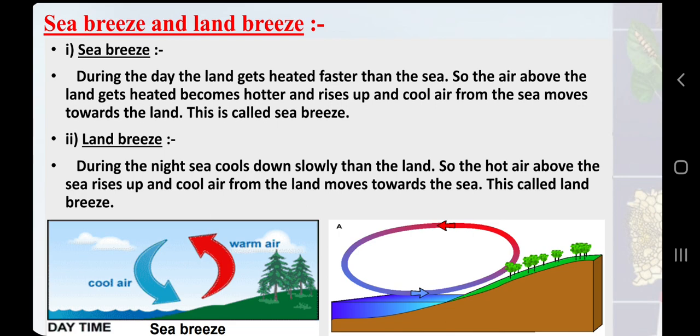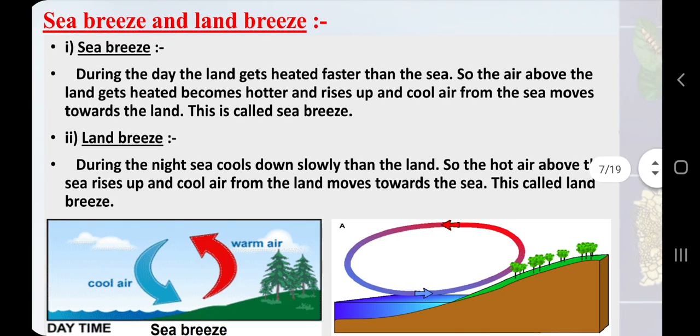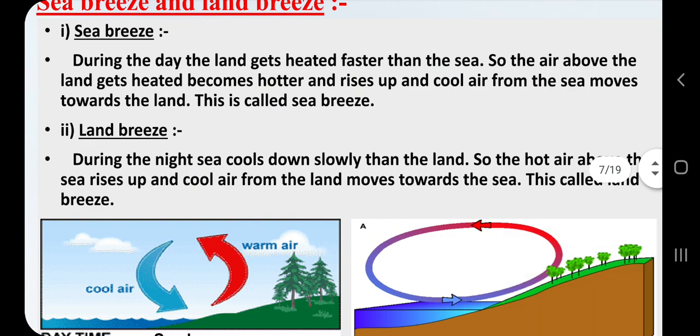Very simple idea. You all have witnessed that soil gets warmer quickly and cooler quickly. Sand on beaches or in deserts becomes very hot in sunlight, and at night it becomes very cold. So sand has less capacity to retain heat, so it warms quickly and it cools down quickly. But water will warm slowly and it will cool slowly.